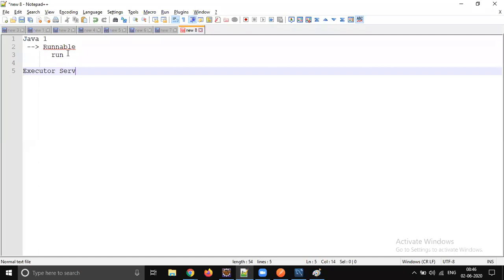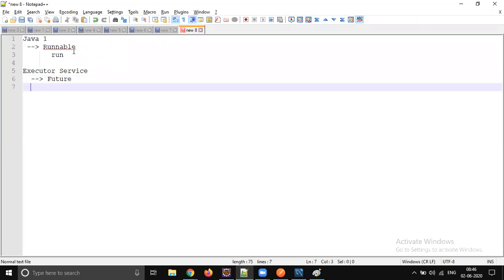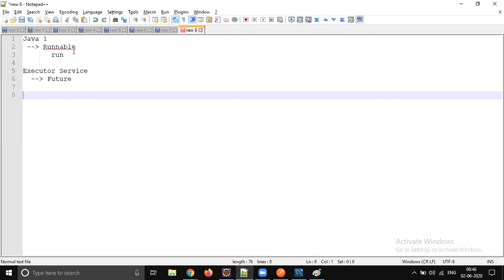Executor service, fine. But with executor service also, we don't have features like clubbing multiple responses. So then you say, okay, in 1.8 we got CompletableFuture.